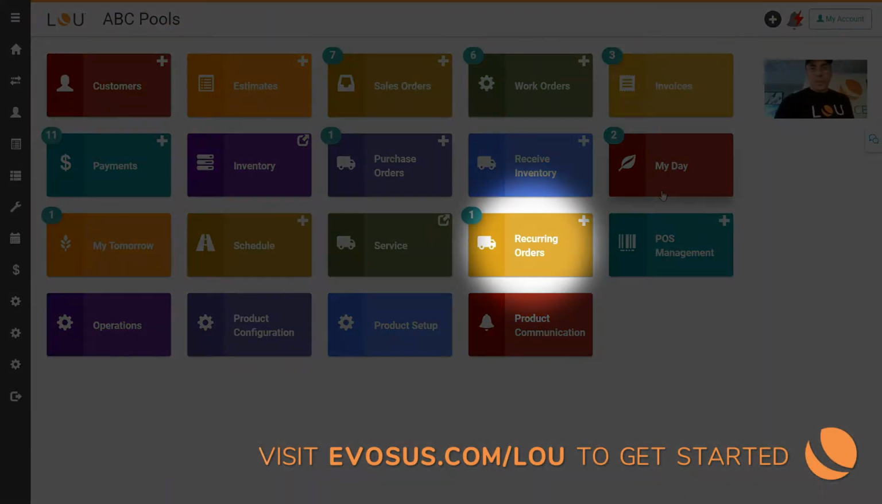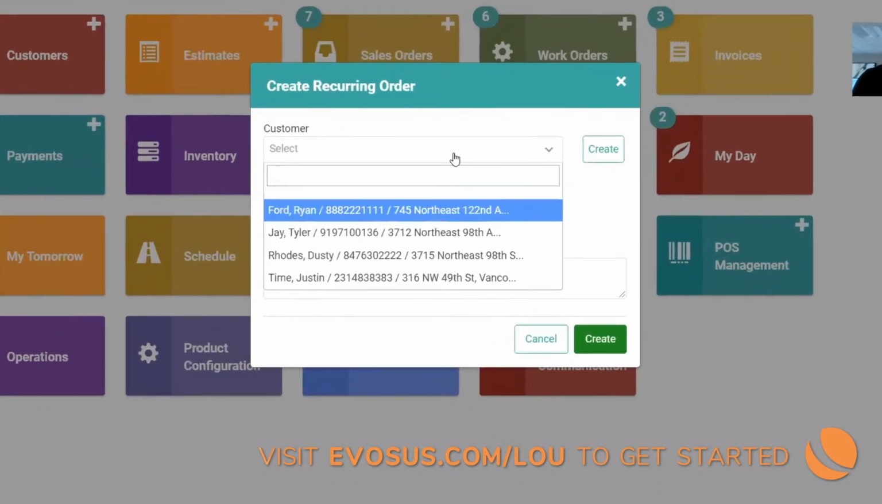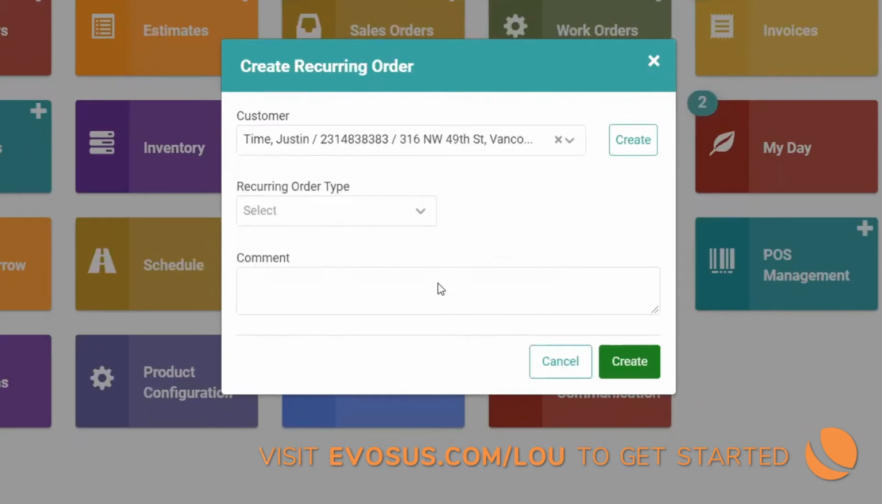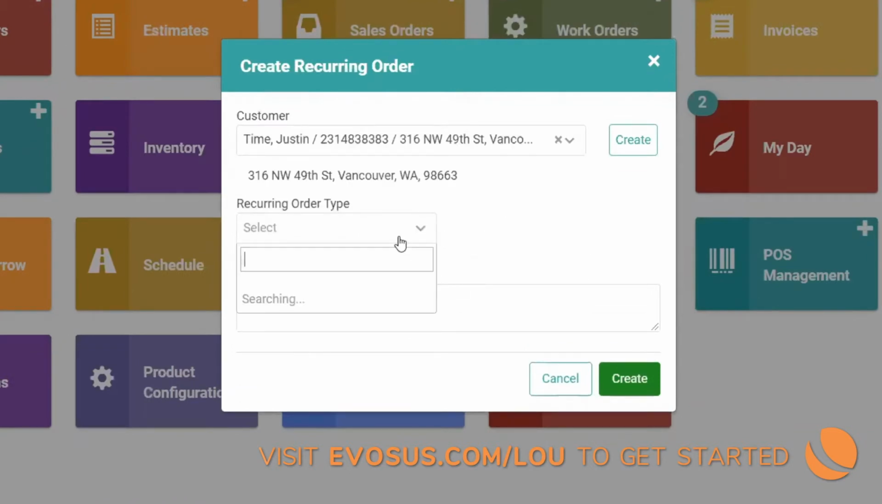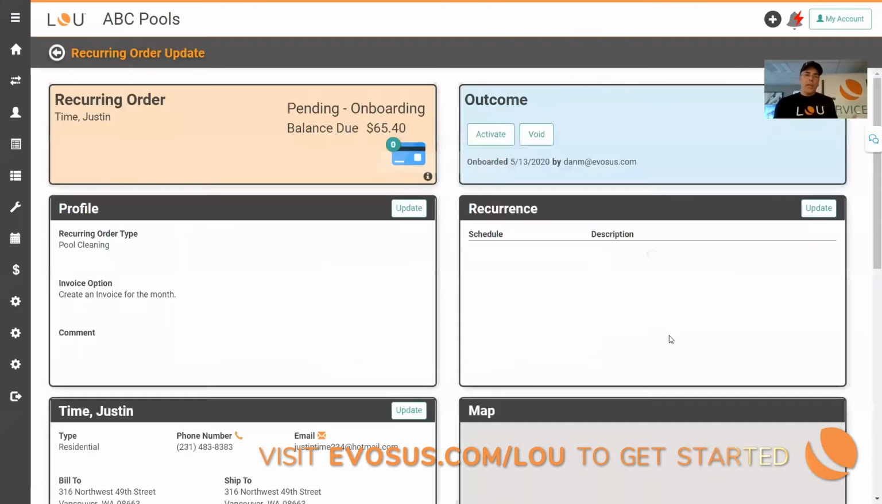So I'm all logged in, and I'm going to use the quick add item to fire up a new recurring order. So let's go ahead and find our customer here. I can search, I can select, and of course, recurring orders span subscriptions. They could be a pool cleaning. In this case, we'll keep things very standard, very simple with a pool cleaning, and go ahead and create the